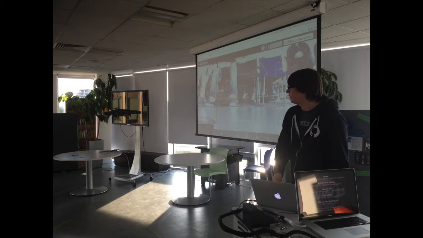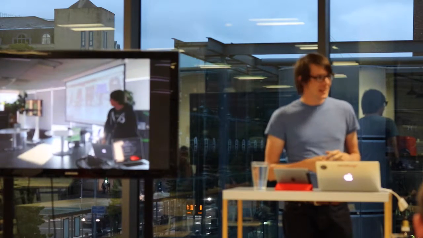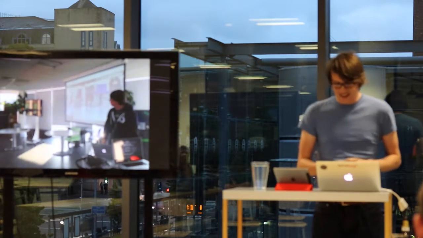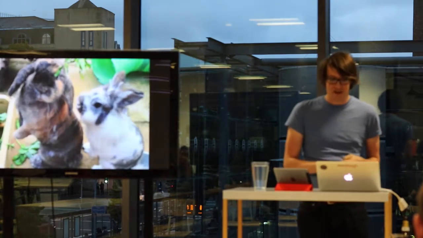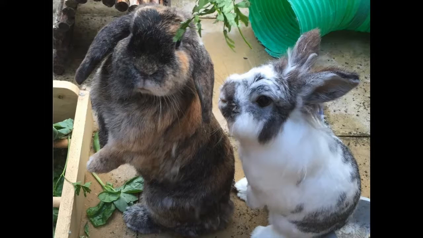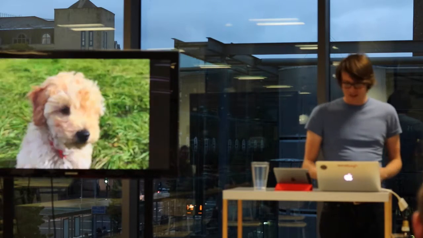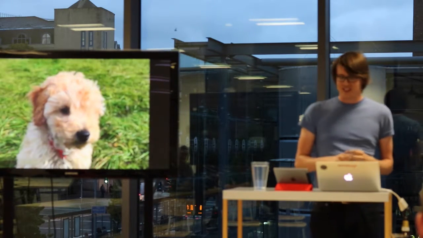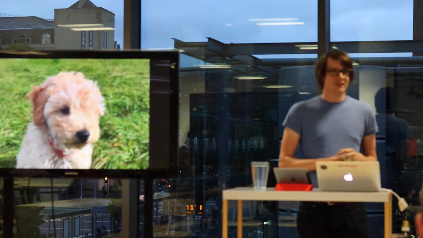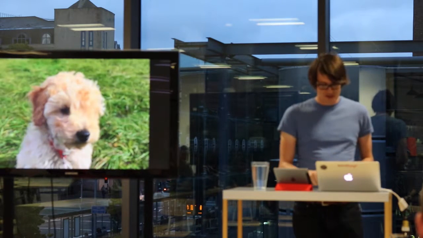You may know me from a previous Bristol JS talk where I flew slightly larger drones, and I may have cut someone's hair with them slightly. That was last year. Or you may know me via my rabbits. Here they are forming a miniature conga line, Bertie and Bluebell. And my latest addition to my lineup is Mabel the Poodle. She hasn't done anything exciting yet, but I'm waiting eagerly for whenever that happens so that I can become famous on the internet.